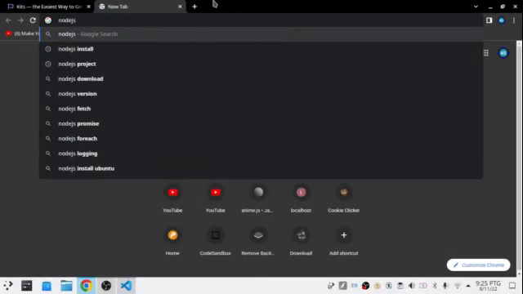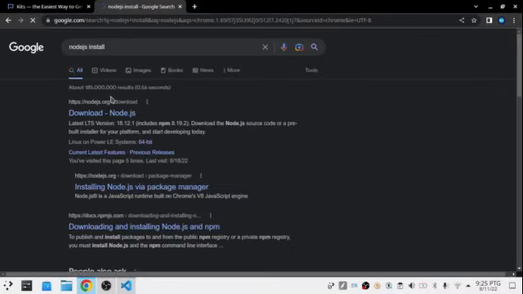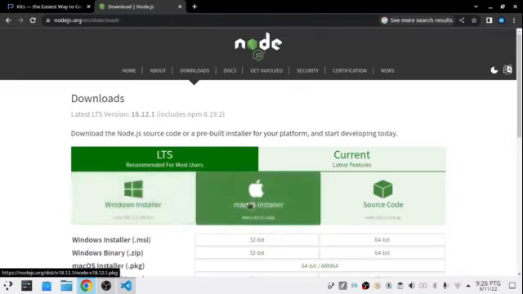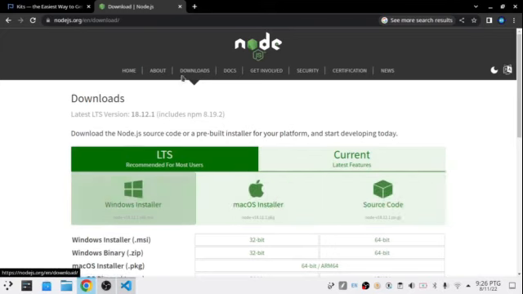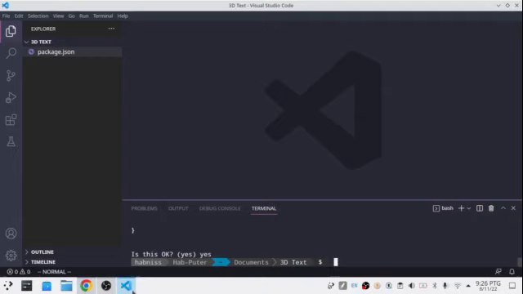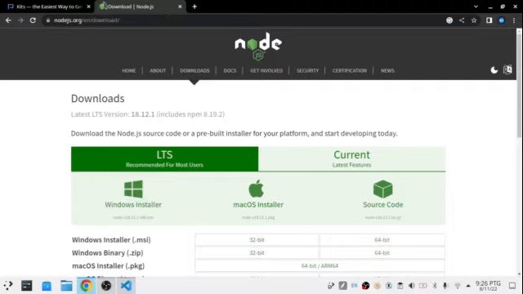If you want to install npm, just write node.js install, download node.js, and then click on these ones depending on what OS you're using. But if you're a Linux user, just write sudo apt install node.js npm, which is going to install node.js and npm together. So anyways,